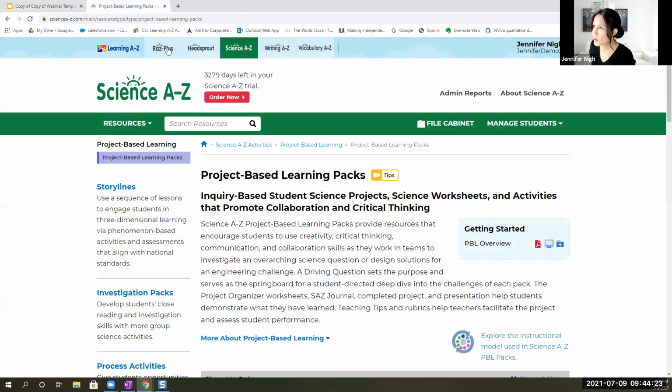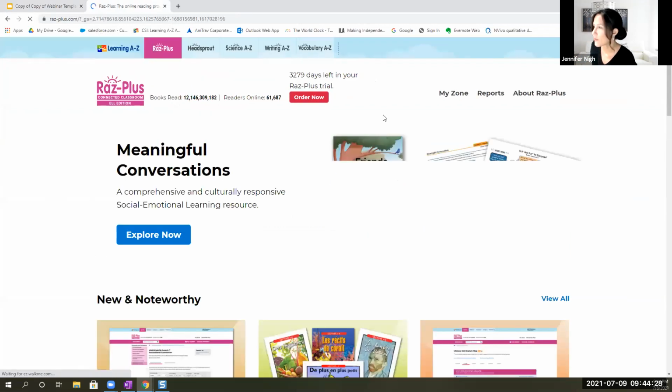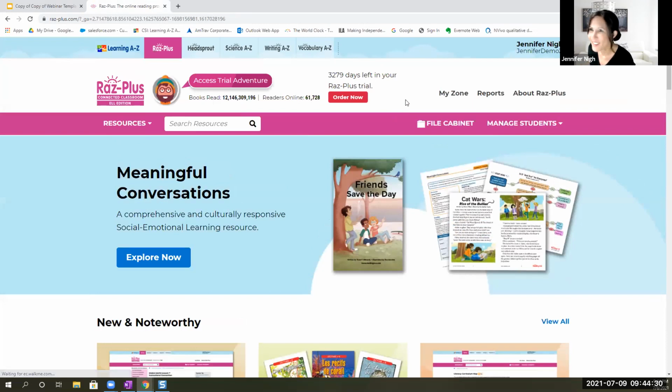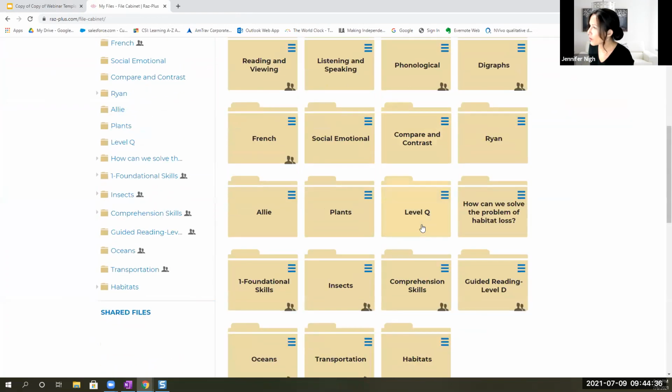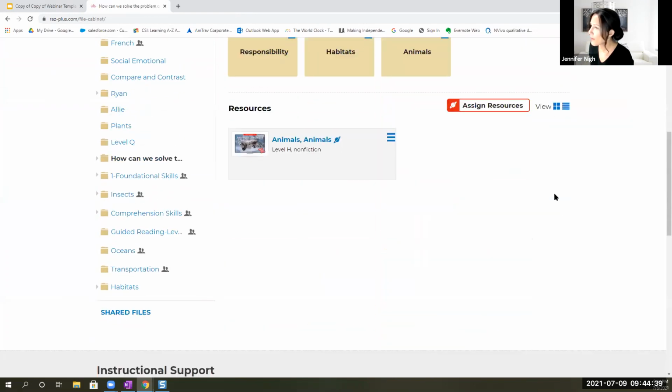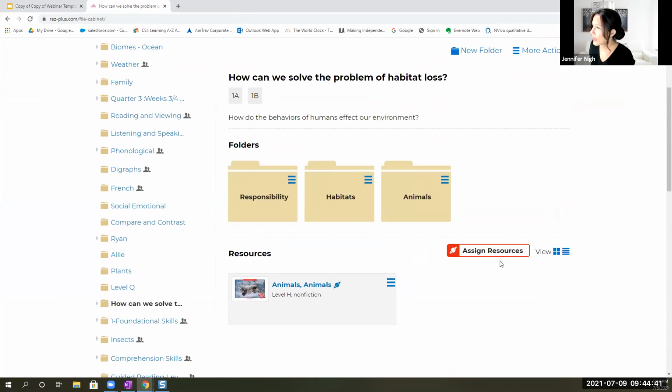So I'm going to go back into RAS Plus here, and I'm going to go right back to that folder that I created for this evening or this morning. It's evening here. So I'm going to go back into my filing cabinet. And I'm going to locate my how can we solve the problem of habitat loss. And notice